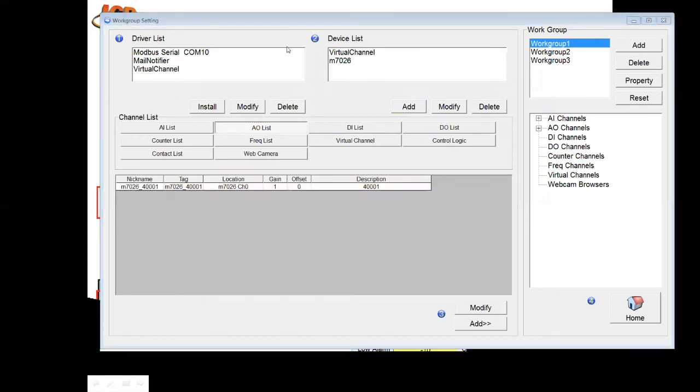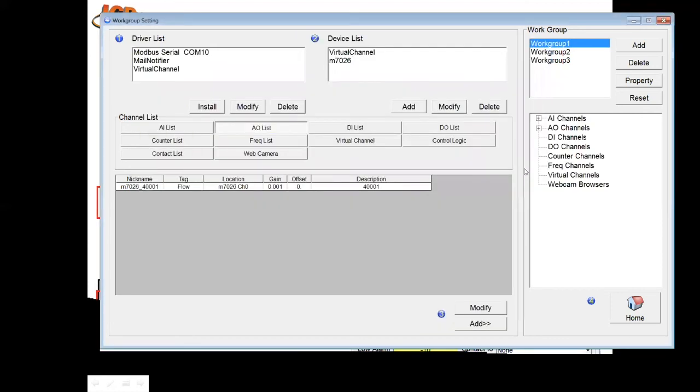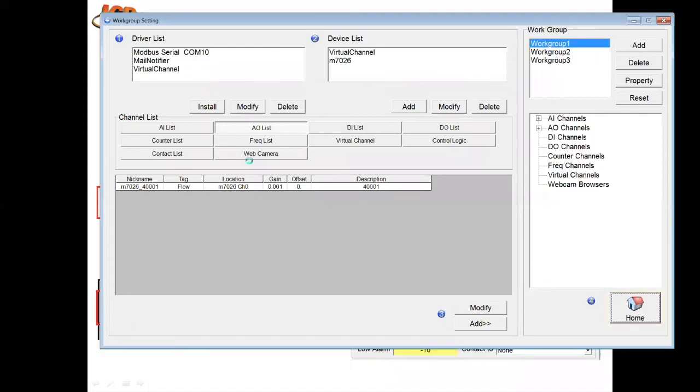Let's do it over here. And let's call it maybe flow. And we just do the same thing, 0, 10,000, and 0 and 100. Or in this case, why don't we just try to do 0 to 10, just so you can see the difference. So instead of 0.01, it's 0.001. And we just click modify to save it. And we come back here,